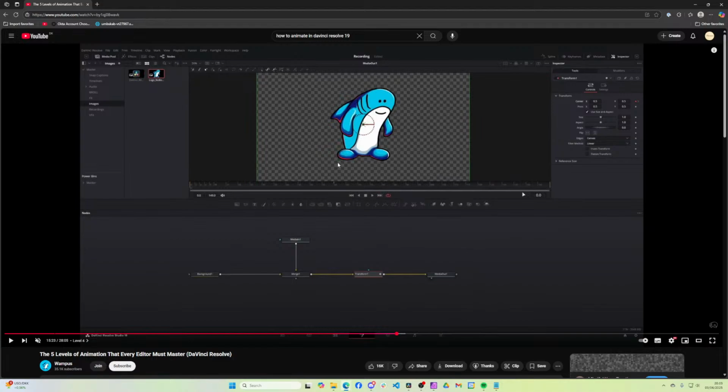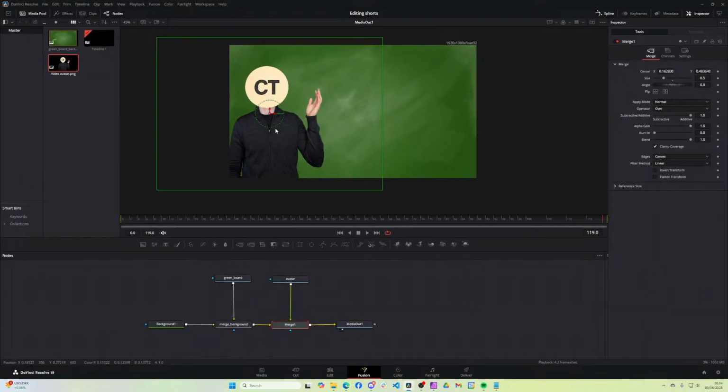Oh yeah, right. I'm at frame 0. What I can do is drag this up off screen. If I hit play, it's going to slide in. This is great, but okay, so